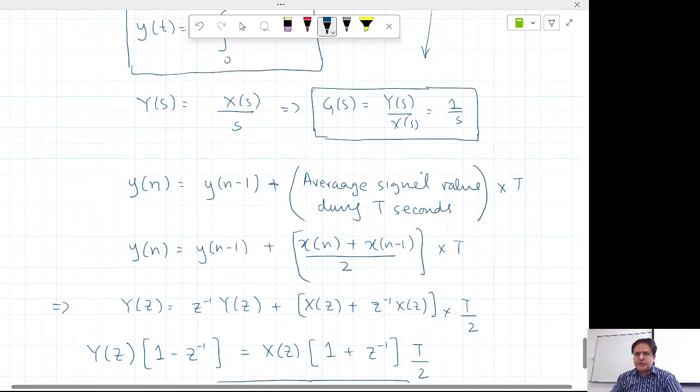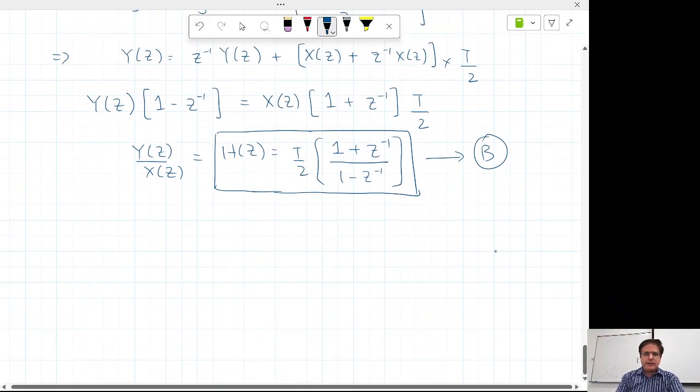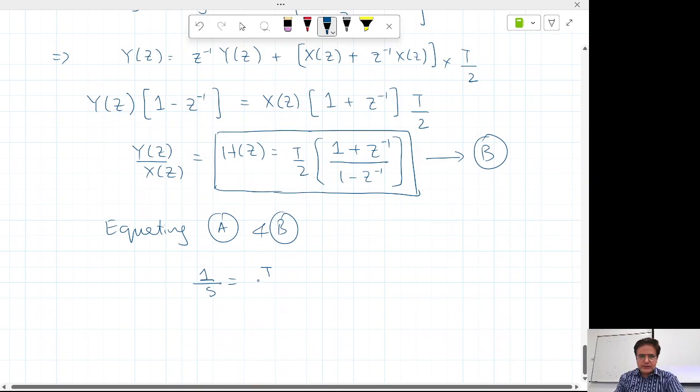Let me say this is equation A, and this is equation B. Equating A and B together, I will get 1 over s equals T over 2 times (1 plus z^-1) over (1 minus z^-1),